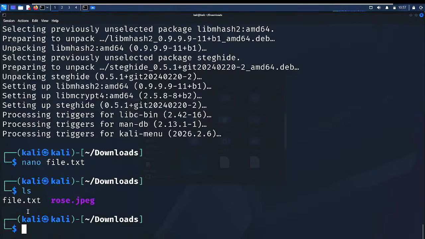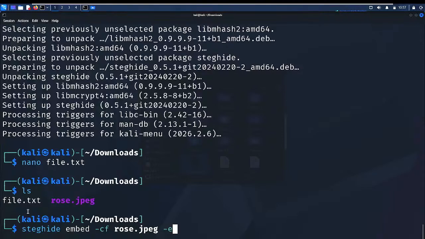So what I do now, use steghide. Steghide embed, minus cf. The cf is the cover file, which is the name of the image, rose.jpg.